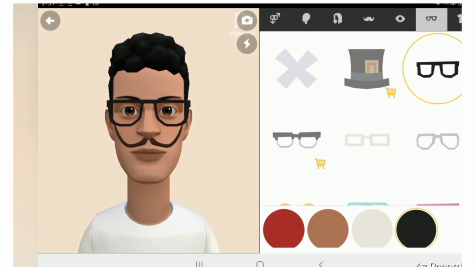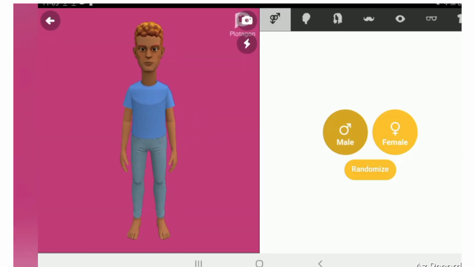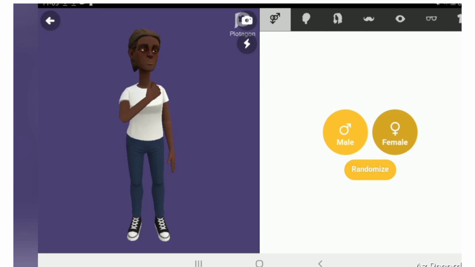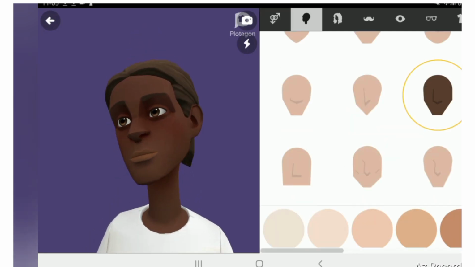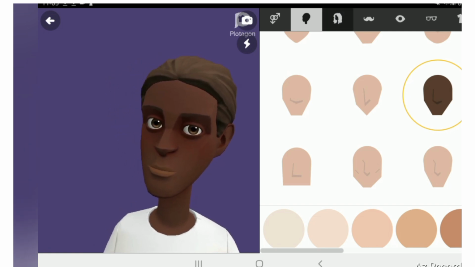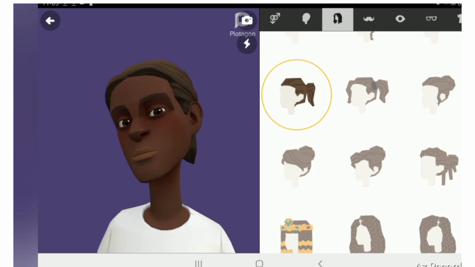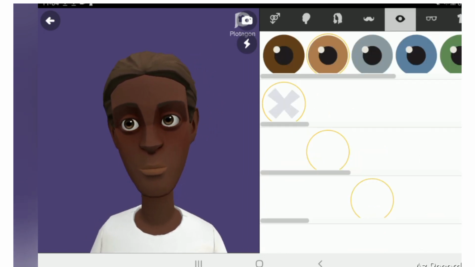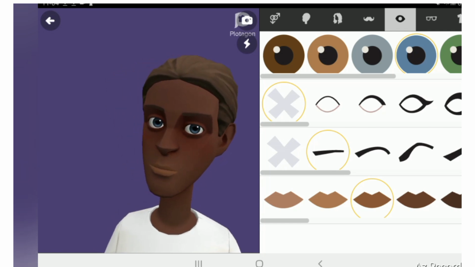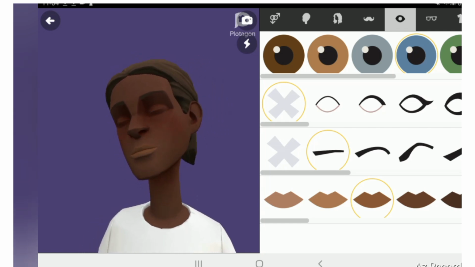Now we can go ahead and create and customize characters on Plotagon. This is time to bring your characters to life. Click on Characters and select Create New. Here is where the fun actually begins. Although there are a couple of characters available on Plotagon, you have the option and the opportunity to create